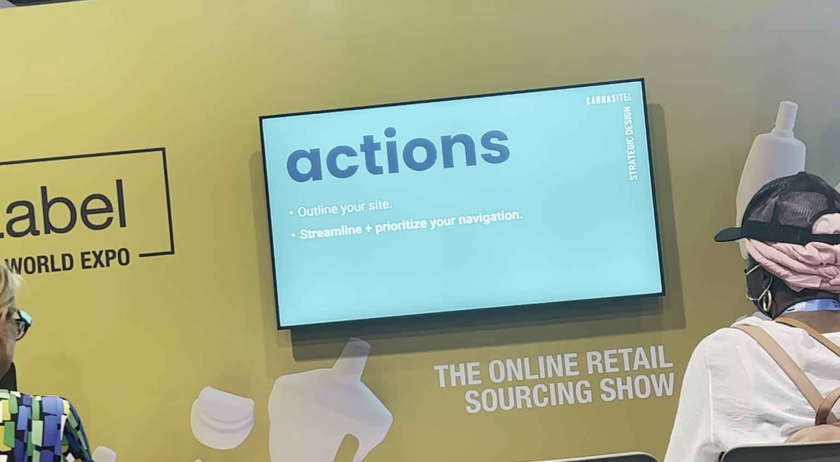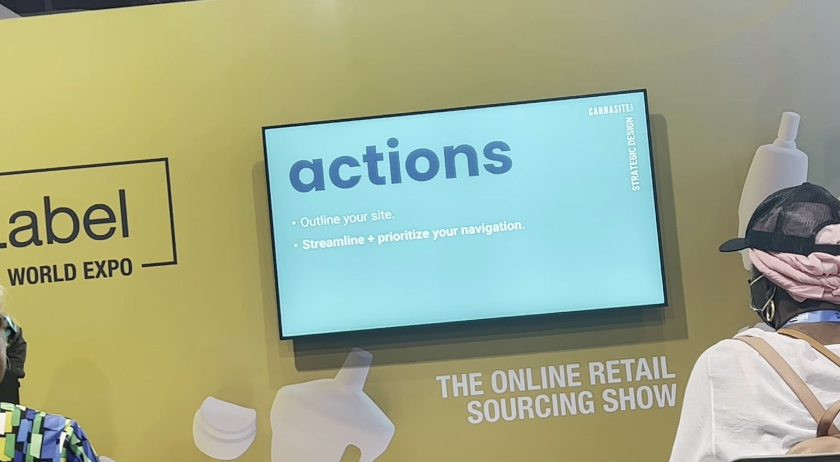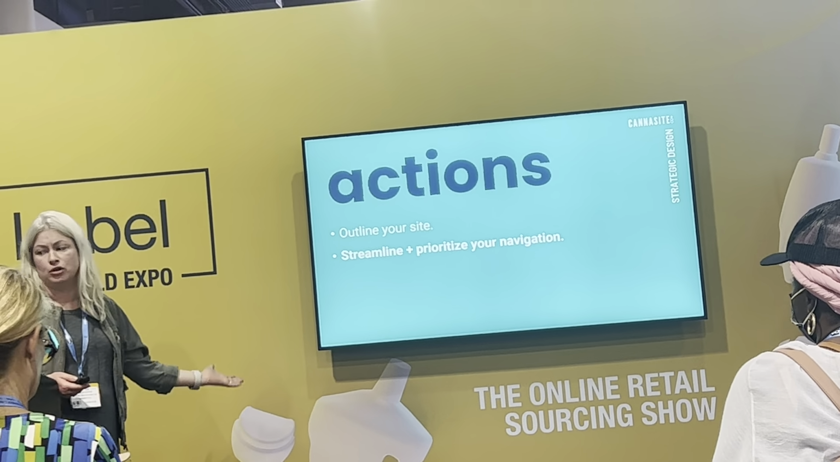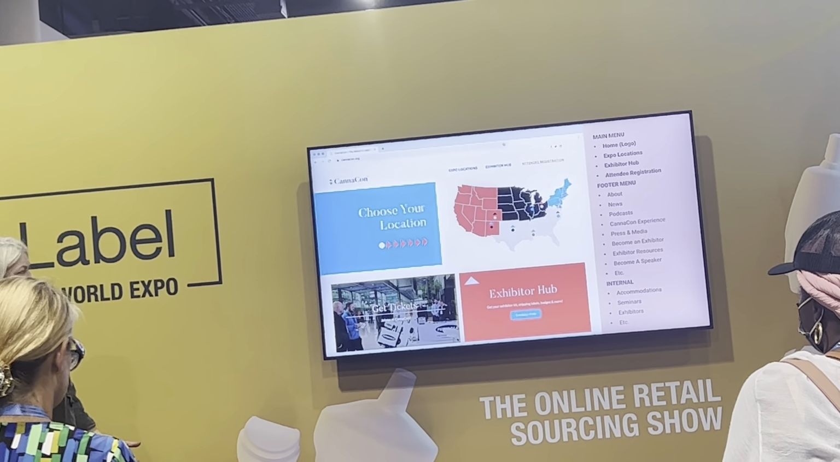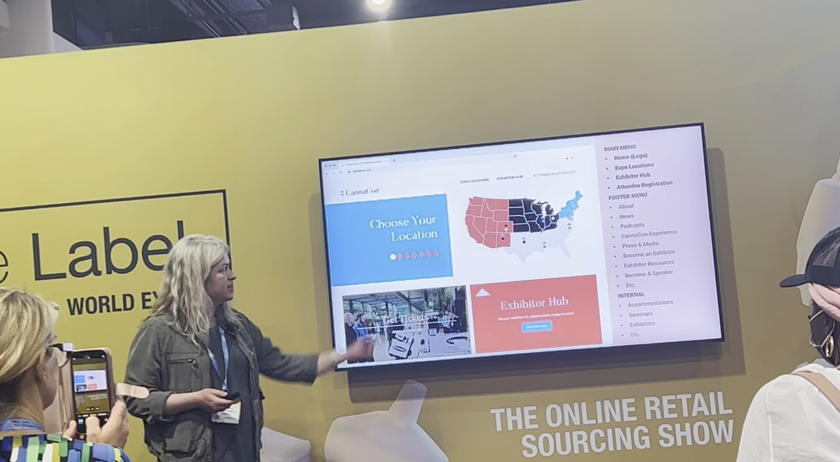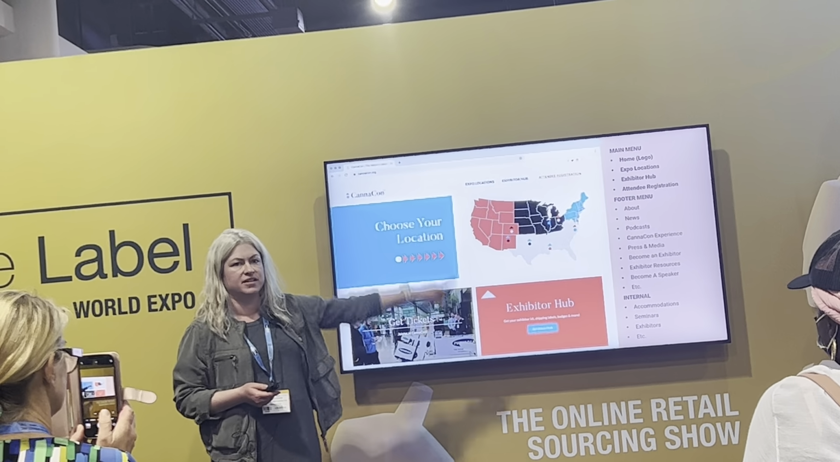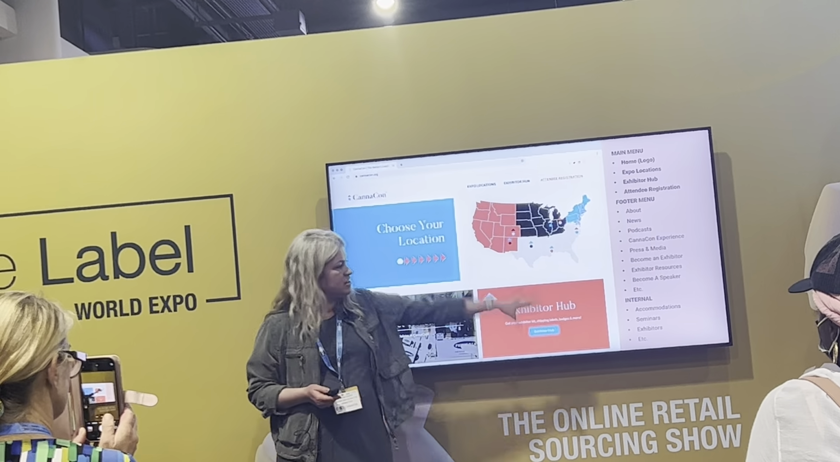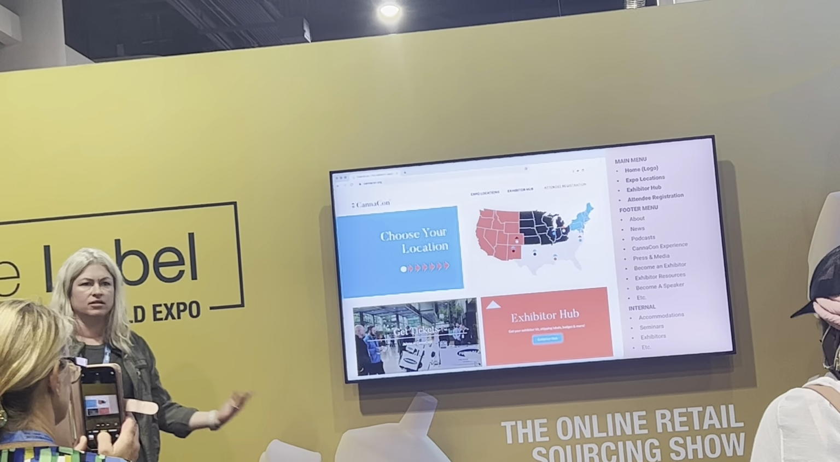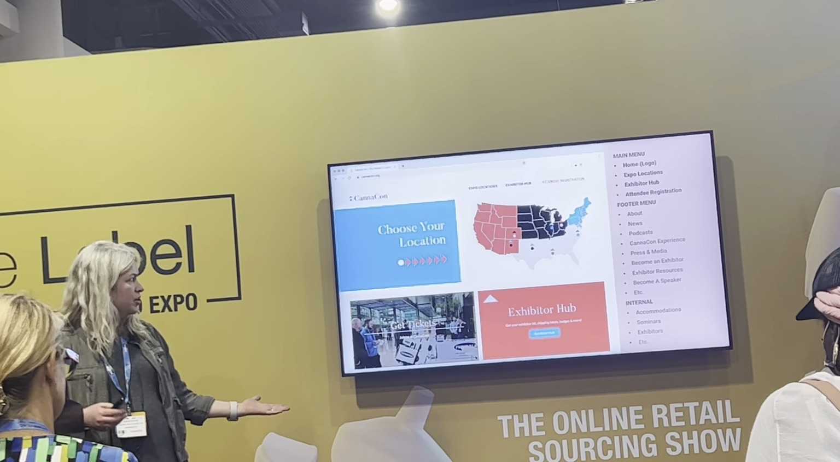Then you're going to streamline and prioritize your navigation. Not every single page on your website should be in your main menu. So we have an example here. CannaCon is a show we also attend, and you can see they have just 3 things in their menu, but they have a slew of pages, and so they prioritize what they want their potential customer to do, and it